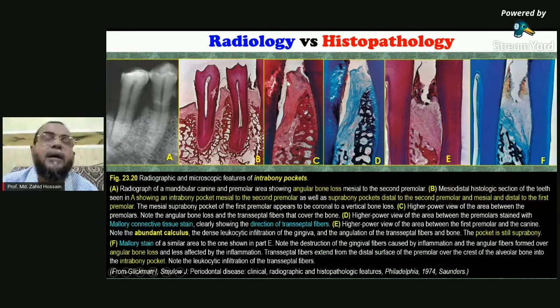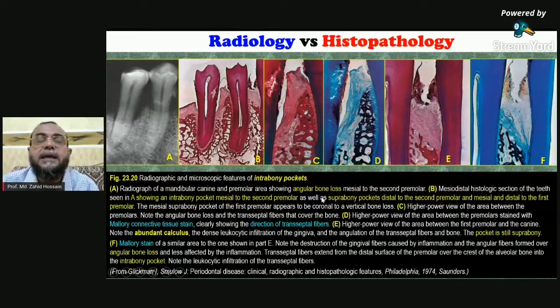You see the pocket has already detached the tissue from the tooth surface. Actually, this is the structure of the same tooth that we showed in the radiograph. In the histological sections, you'll find calculus also present here in the subgingival area. There is bone loss, tissue loss, and the fibers become oblique, and some fibers are lost. For the angular defect you will find an oblique pattern; for the horizontal side, you will find a horizontal pattern of the fibers.